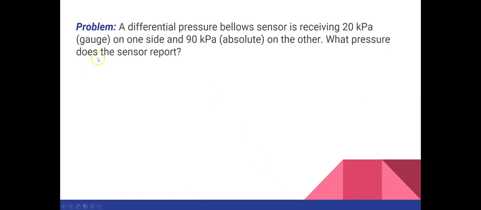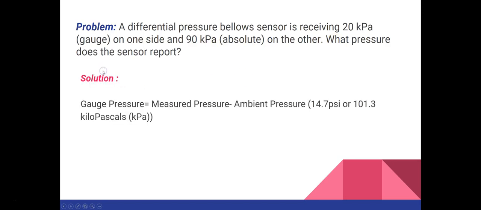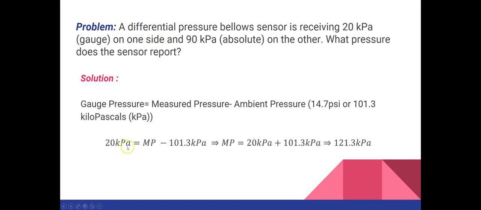Now let's see another problem. A differential pressure bellows sensor is receiving 20 kilopascal, which is a gauge pressure on one side, and 90 kilopascal absolute pressure on the other side. What pressure does the sensor report? This problem is also similar to the previous problem. You will be using the same formula. The only difference is that the unit is in kilopascals. So 20 kilopascal is our gauge pressure. We have to find the measured pressure, and the ambient pressure we already know, it's